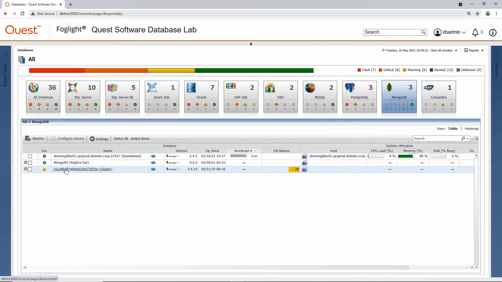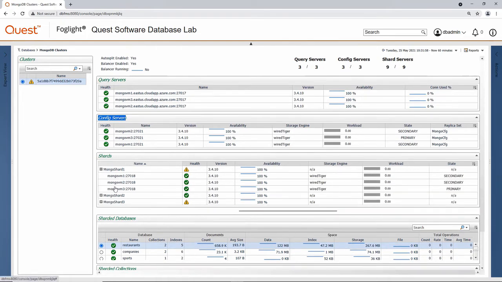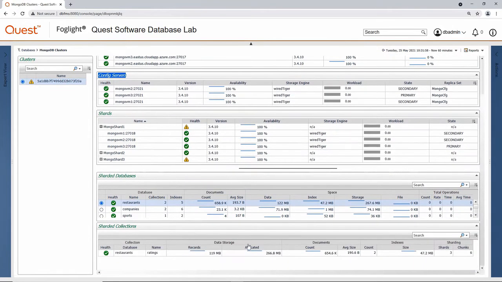For example, let's say we're using a sharded cluster in MongoDB. If we click on the cluster level, we'll see a top-down view focused on the overall health and status of the cluster as a whole. And you'll see in this view, we've dynamically laid out all of our Mongo S's, our config servers, and each of our shard servers here with the replica set configuration of each.